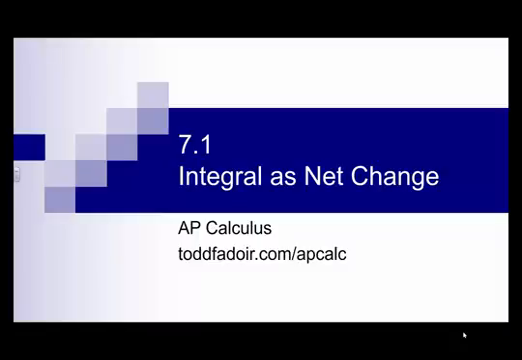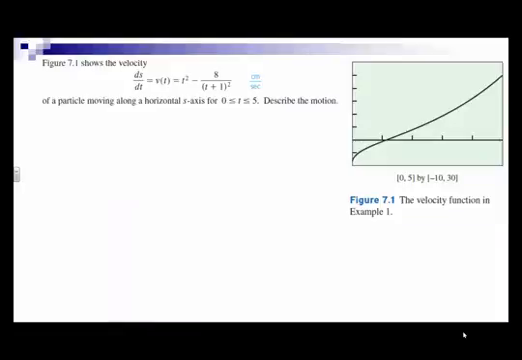This is the lecture for 7.1. This is one of two parts. Let's get started. We're going to investigate again the relationship of velocity to position, and we're going to do so